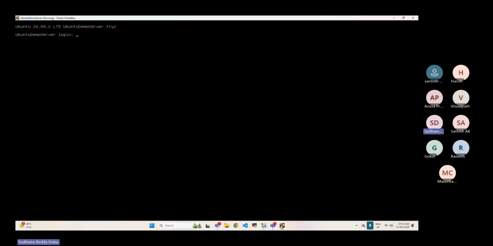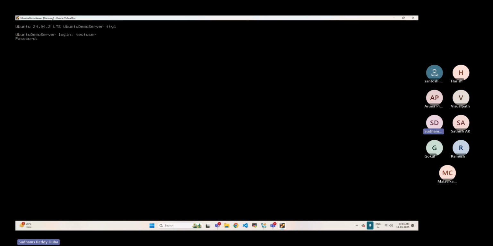The system got started. You have to understand that your Linux operating system is running right now, but if I need to interact with it, I have to log in. So I need to provide a username and password. It is as simple as that. Yesterday, while installing the operating system, we set a username and password, and we have to provide that in order to log in. In my case, it is test user